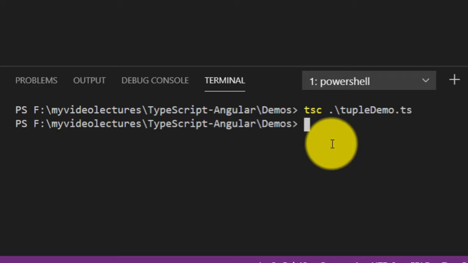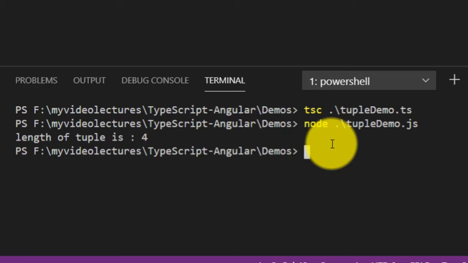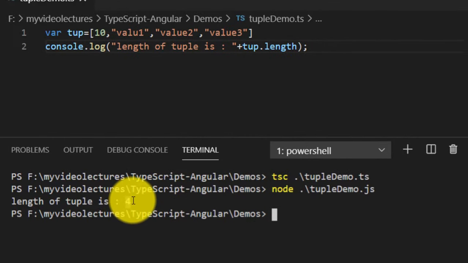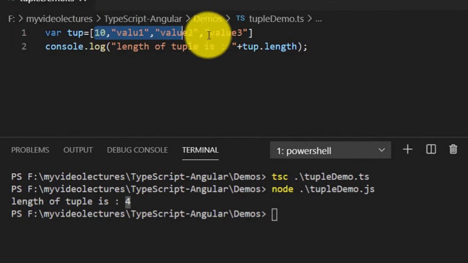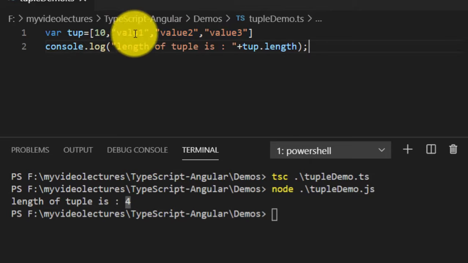It is compiled successfully, and then execute with node tupledemo.js. Now check, the length is 4, right? The number of values available inside is 4.